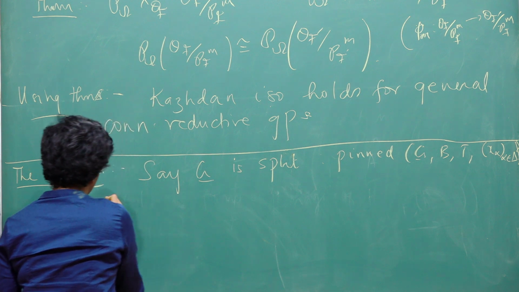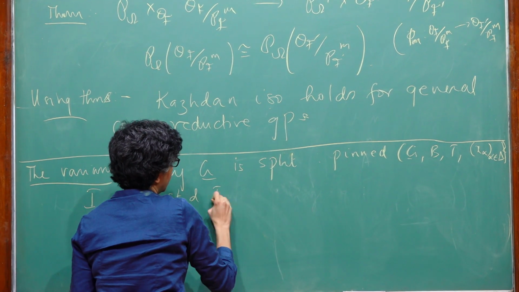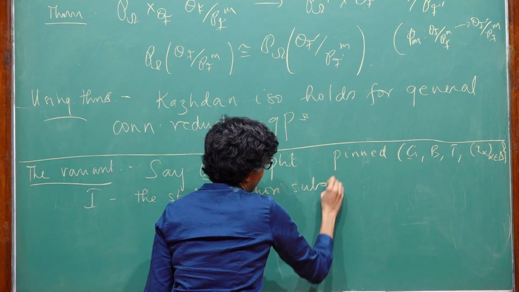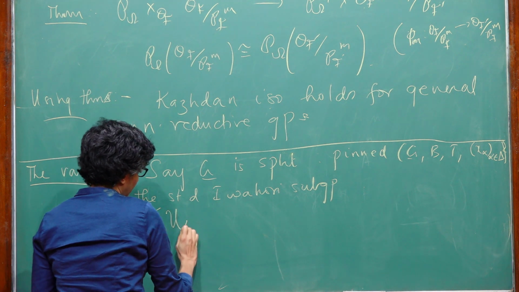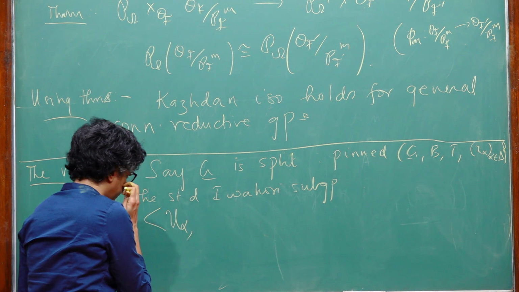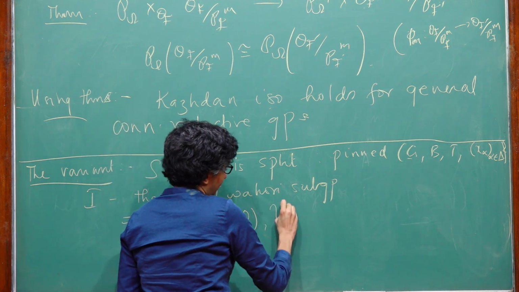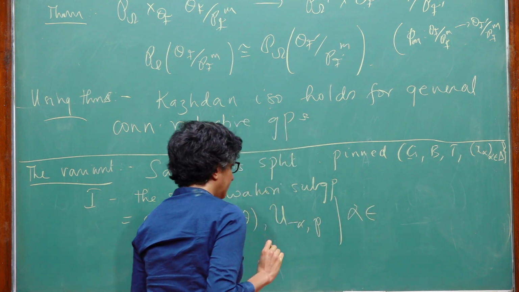I fixed a Borel, so the standard Iwahori subgroup. If you want to write this down explicitly, this is generated by the root subgroups U_α(O), U_{-α}(P), where α is in